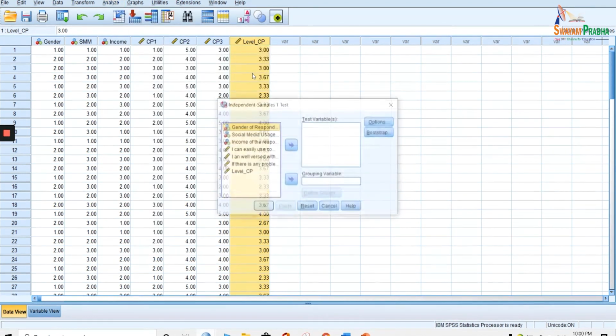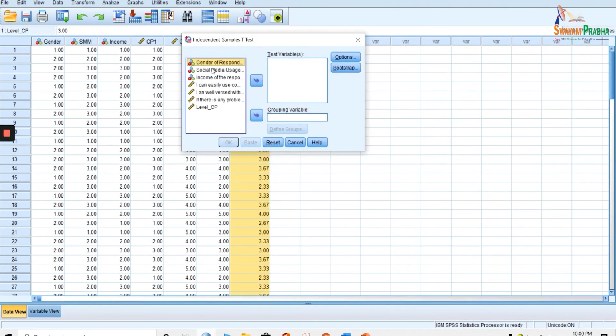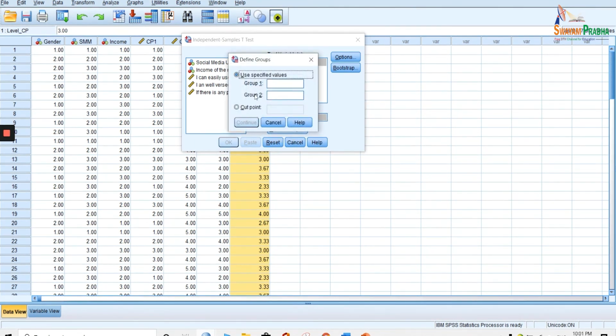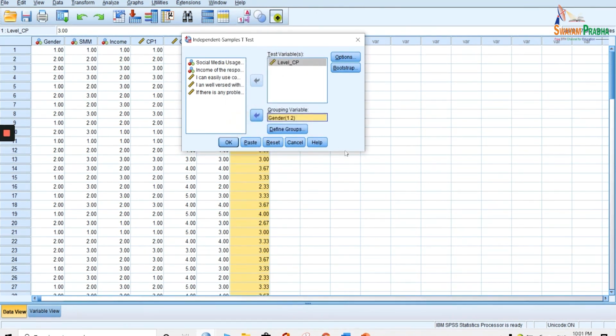Select this independent samples t-test, and first we have the test variable. What is the test variable here? The test variable is your dependent variable, so in my case, this is my dependent variable. Take it to this side. And what is the grouping variable? The grouping variable is my gender. Take gender to this one. But we also have to define the groups, what my group 1 and 2 were. So 1 was for group 1 and code 2 was given to group 2. In a way, 1 stands for male and 2 stands for female here, and press Continue.